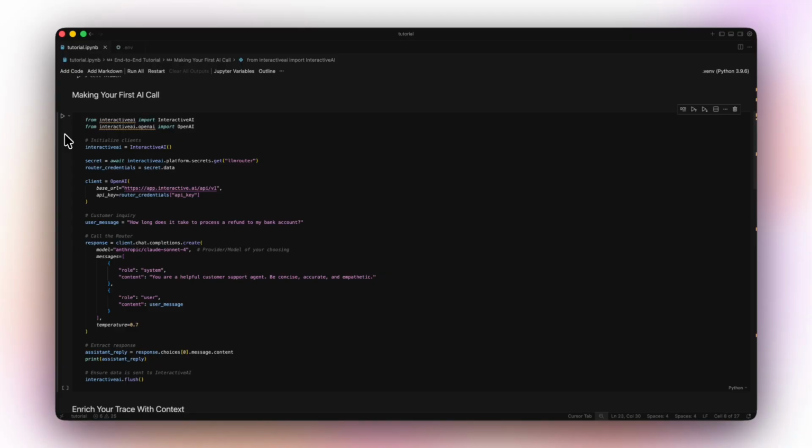For our customer support system, we'll use Anthropic's Claude Sonnet 4, which handles conversational interactions well and is cost-effective for high-volume support scenarios. Let's make our first call. We're simulating a customer support inquiry, a user asking, "How long does it take to process a refund to my bank account?" We initialize our clients just like we did in Chapter 1, define the customer's message, and call